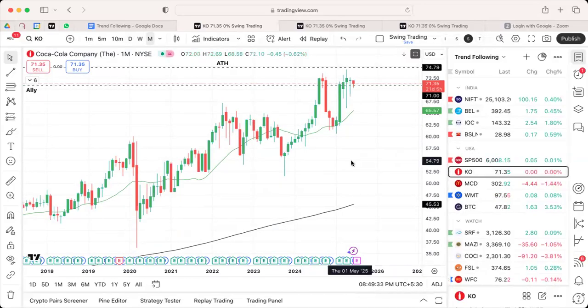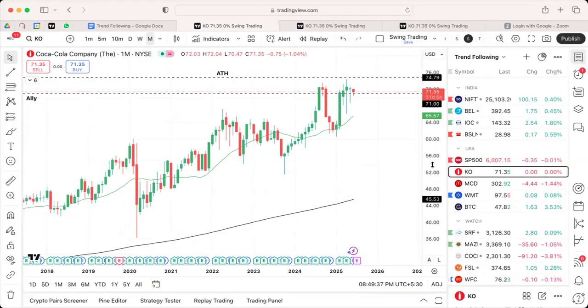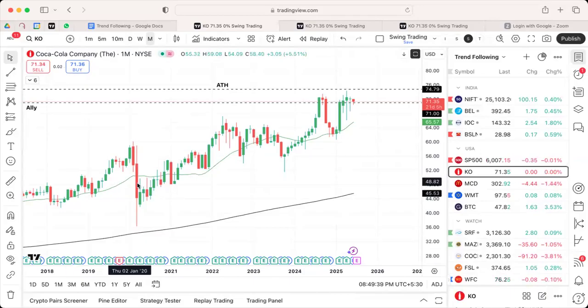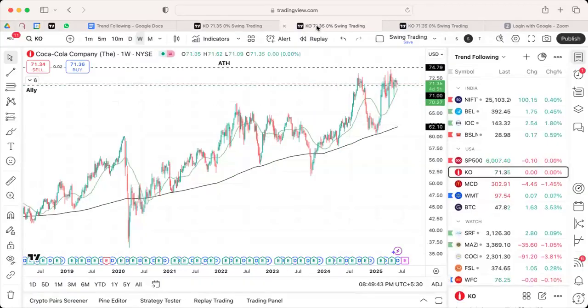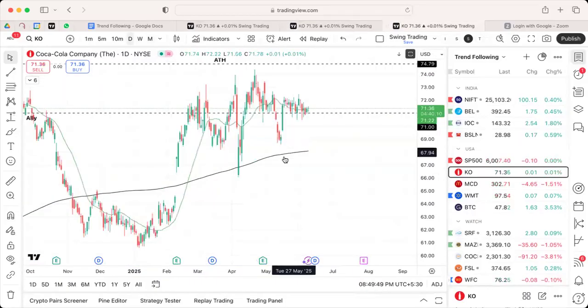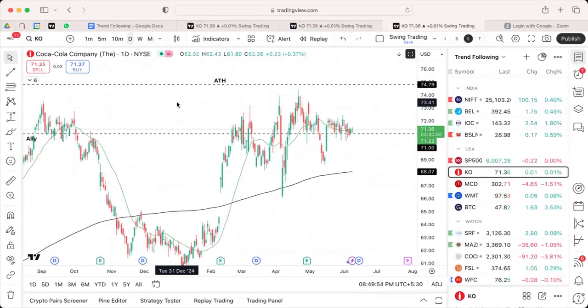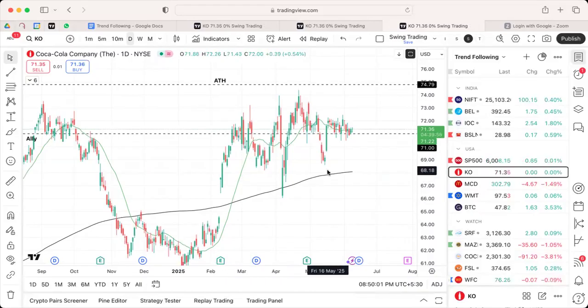So first of all, I'm looking at the Coca-Cola company, and you'll notice that the 20-period moving average is above the 200 on the monthly chart. I go to the weekly chart. Again, the 20 is above the 200. Then I go to the daily chart, and this is where I make the decision if I should continue buying or not. And here you'll see that I have the 20 above the 200. And this is a point where I could begin to buy